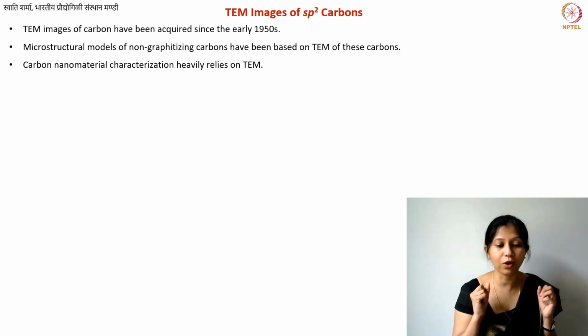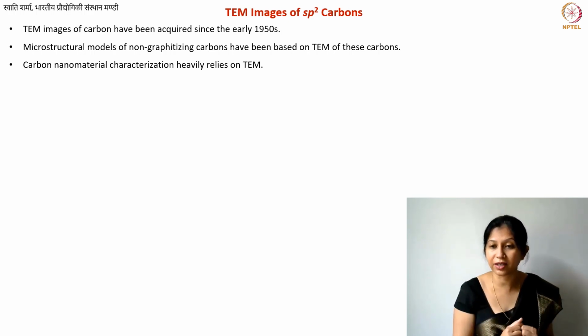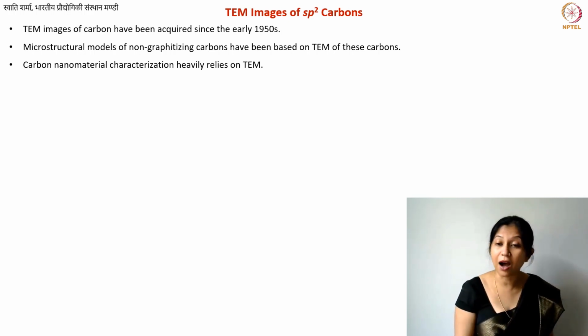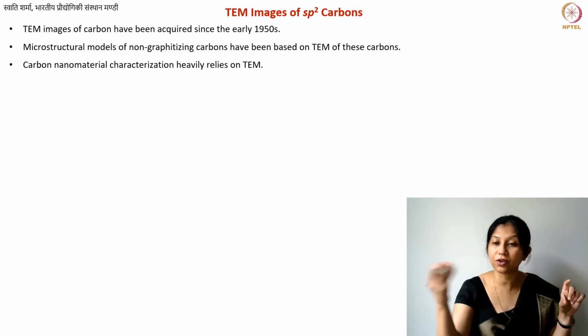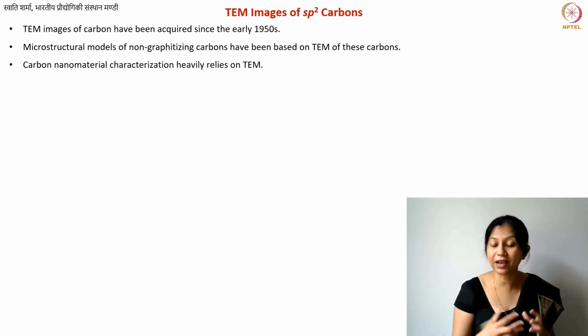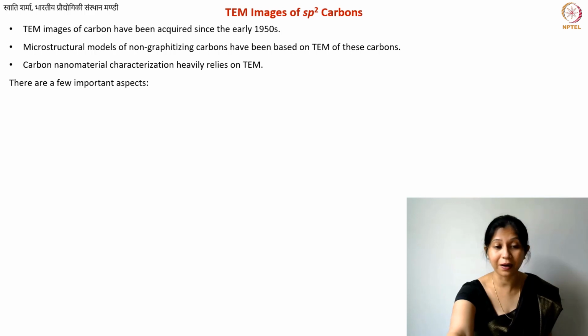We know the structure of fullerenes also because of other characterization, other information that we have about the material. However, in order to visualize them, this is a very interesting tool. When I say fancy carbon materials, you have carbon nanotubes with fullerenes filled inside them. For these kinds of structures, TEM is a very good tool to see them and then correlate the rest of the data. Okay, so carbon nanomaterials definitely heavily rely on transmission electron microscopy.